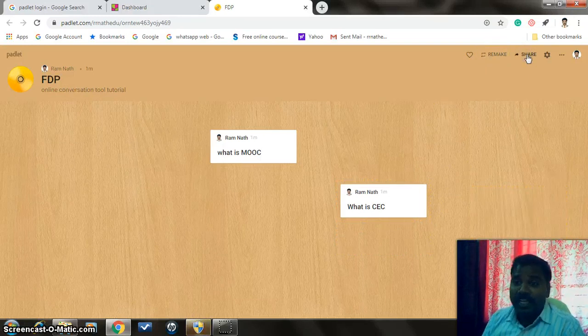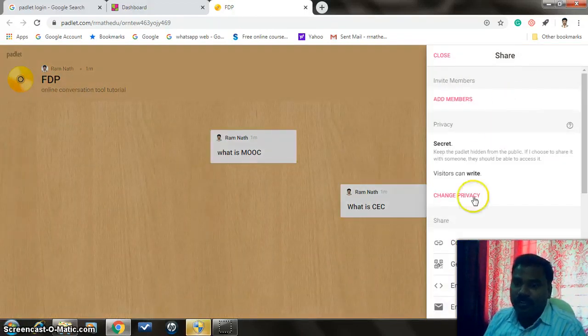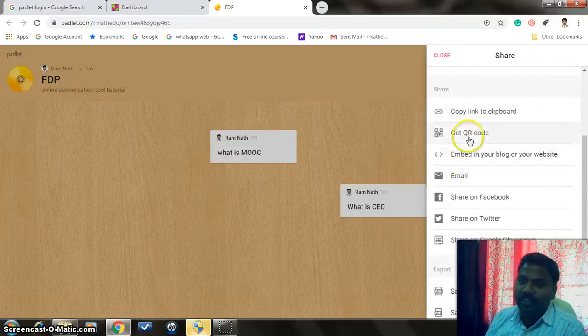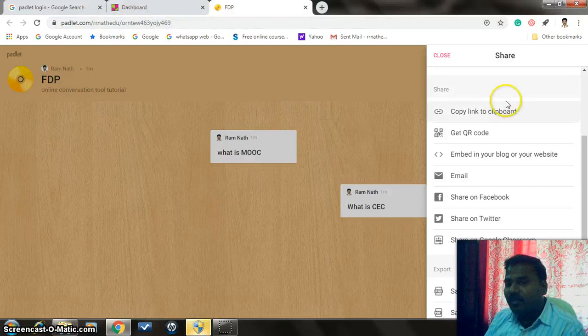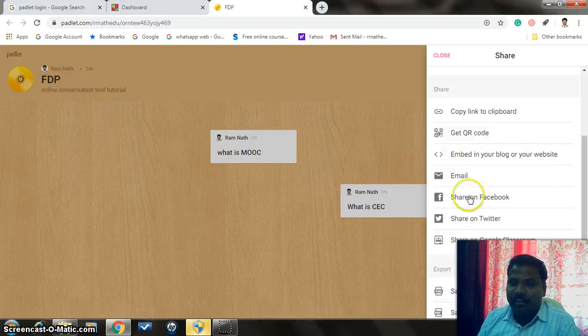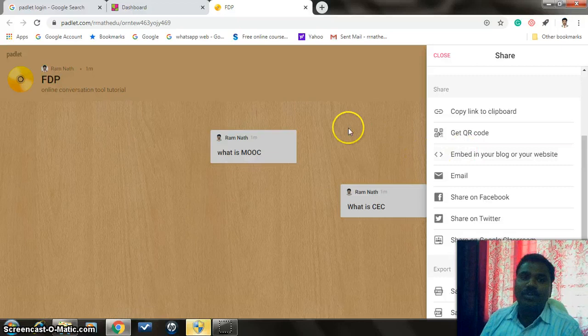There are different sharing options, but getting a web link and getting a QR code are very good options. The one is copy web link address, which can be served through different things. If you want a QR code, the QR code also will be generated. By different ways, the joining code, QR code or email, everything can be obtained and served to the participants in order to join.